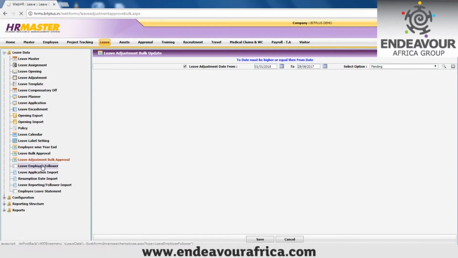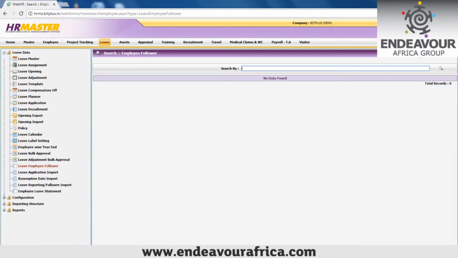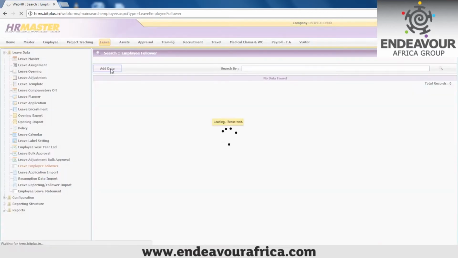Leave employee follow. Here is where, for example, you want to change the reporting structure for a certain employee. Let me say employee A is approved by employee B, but you want to change from employee A being approved by B to being approved by employee C. So here is where you click on that, then you click add data, then you select. Okay,